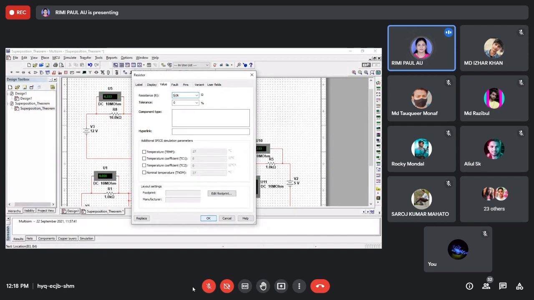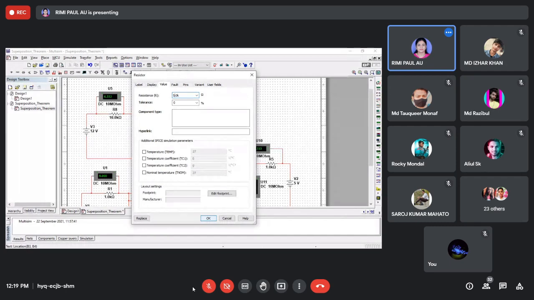For the first one there is no grouping. After that I'll make a group, and as per your group you will solve the problem. Some problems in your manual, like Laplace transform, will be solved by everyone, so there is no need to make a group. But this will happen after October, because when the lab opens, you will do it in the simulation platform, in a simulation lab, okay.